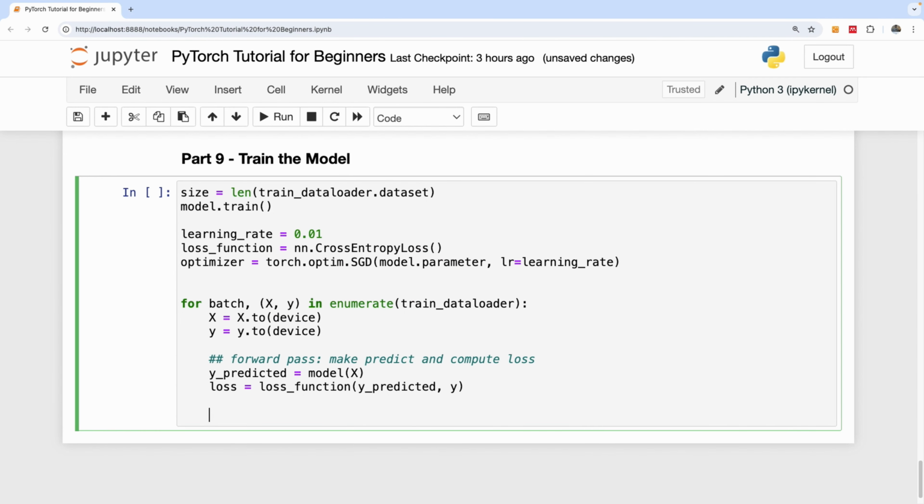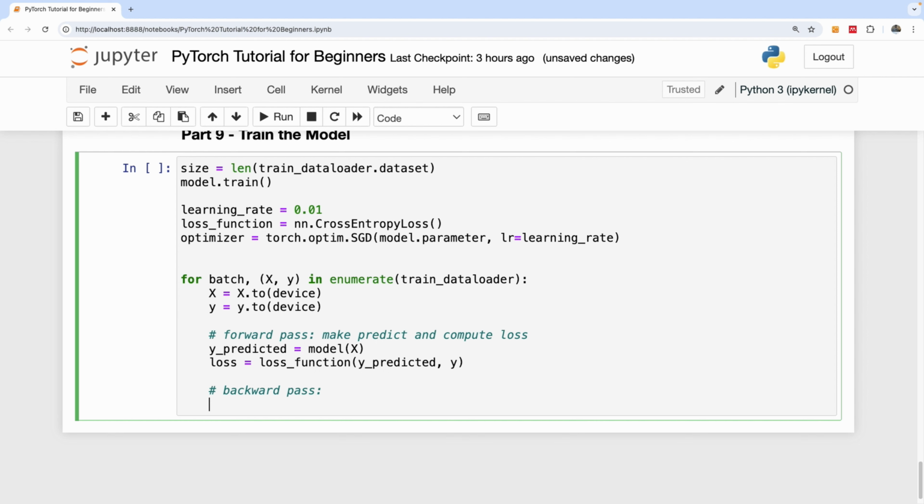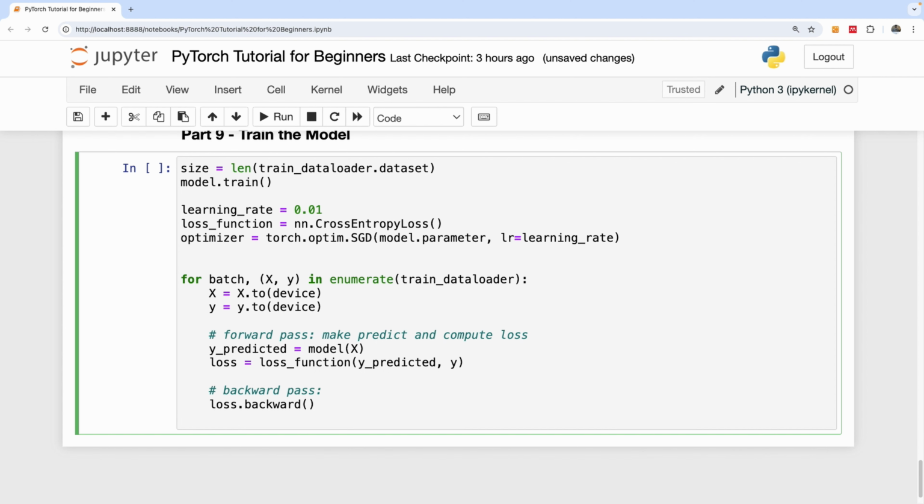So I'm going to make a comment here. So I'm going to do a backward pass. So what happens in the backward pass? Give me a second. We are going to compute the gradients and we are going to back propagate the loss to adjust the weights, and then we are going to empty our gradients. So the first thing we are going to do is to compute the gradient. So given the loss function and given the actual value, we compute the gradients. So I'm going to say loss dot backward. So this computes the gradient, this line, and the second line we are going to then optimize by backpropagating the loss and adjusting the weight, and that is done in the optimizer step,